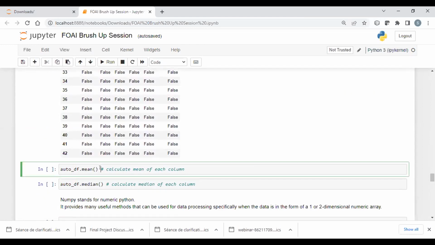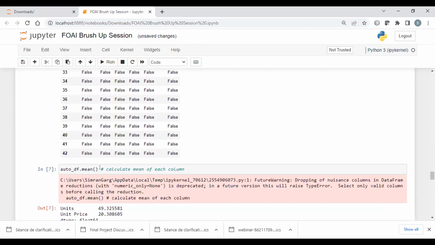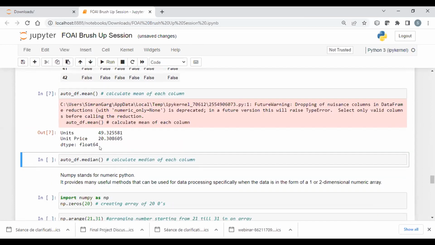Mean will obviously calculate the mean of each column. Mean is only calculated for the columns that have values of int or float. It will not calculate the mean anywhere the input is in the form of characters or varchar.